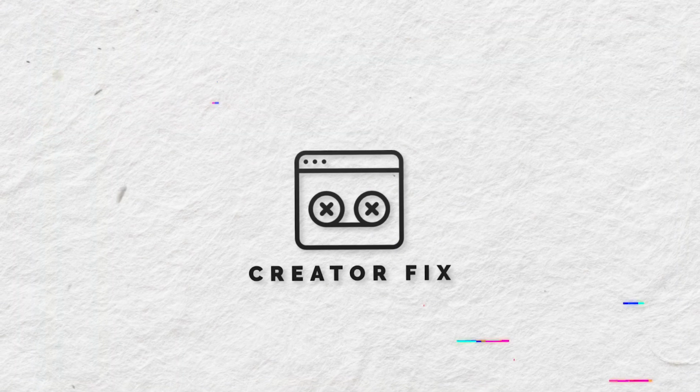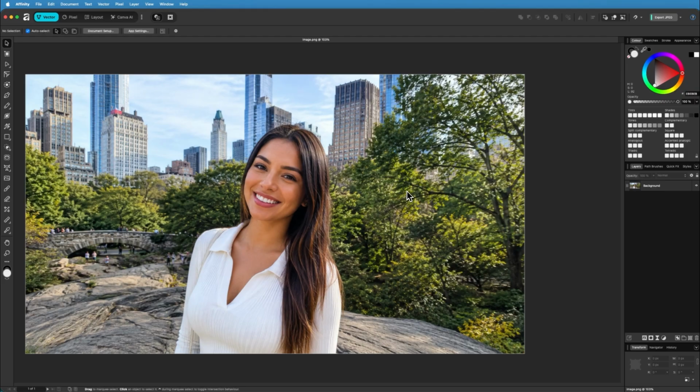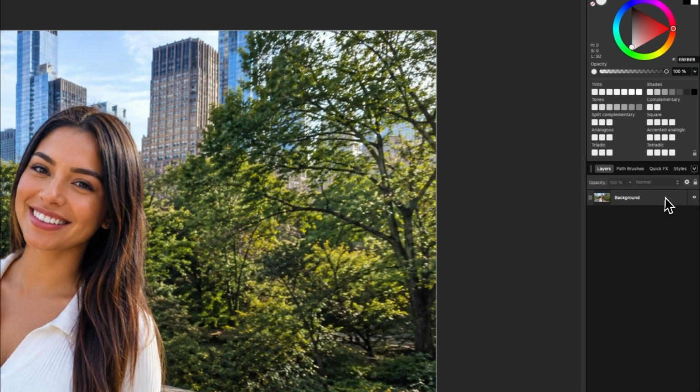How to blur a background in Affinity. Let's get into it. Begin by loading in your photo, then come over to the Layers panel, select your photo